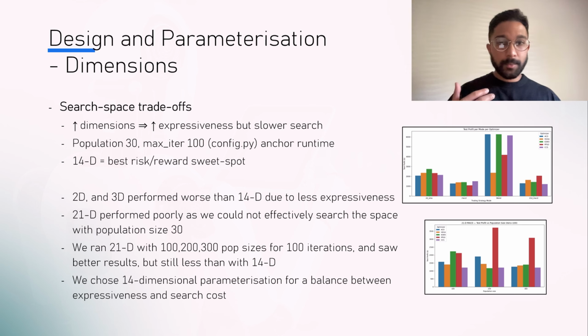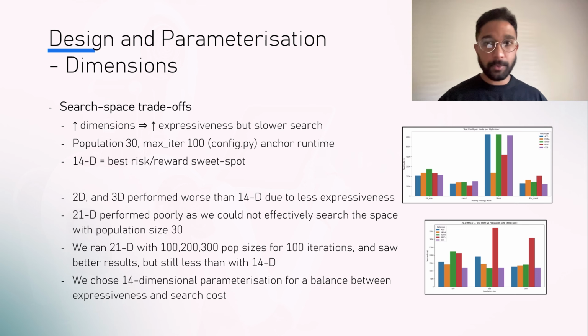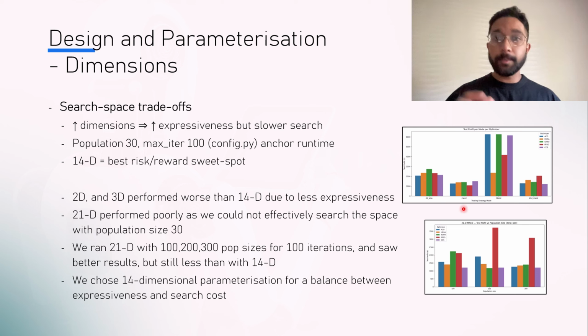So we experimented with all the different parameterization strategies that we mentioned in the slide before, using a population size of 30 and a maximum iteration count of 100 for the experimental setup. We saw that the 2-dimensional and 3-dimensional models underperformed compared to the 14-dimensional model. This was because they were far too simple to be able to capture meaningful trading behavior. The 21-dimensional model also performed poorly, and this was because 21 dimensions was far too large to effectively search with